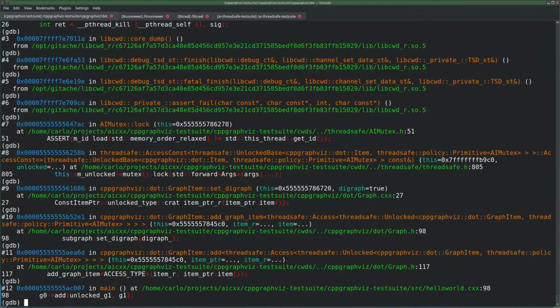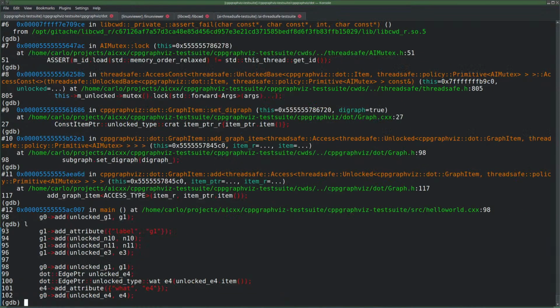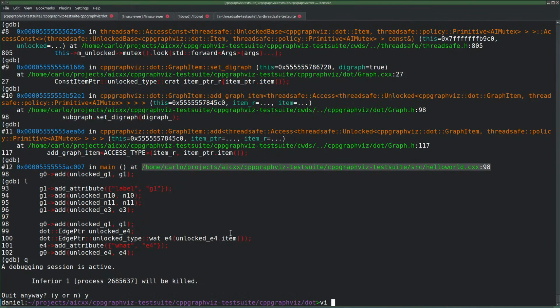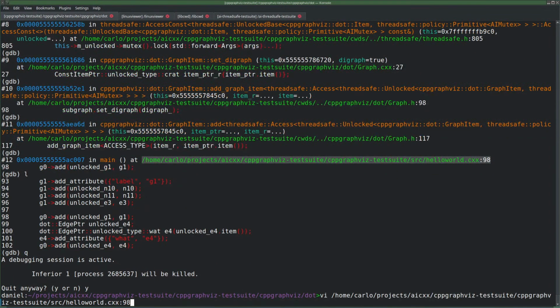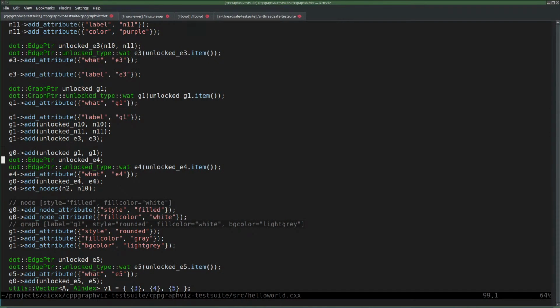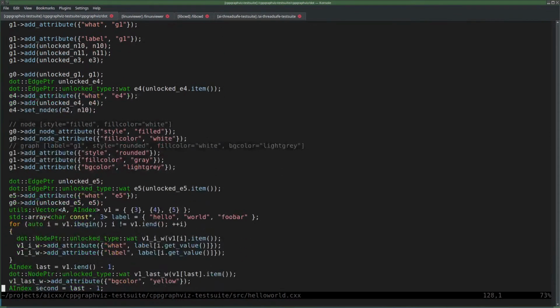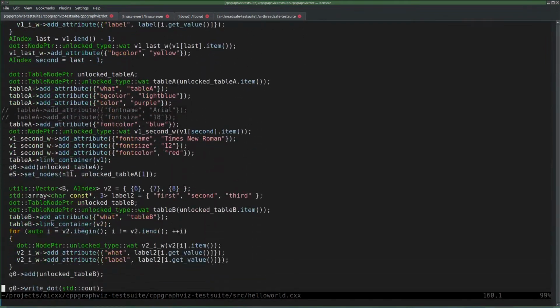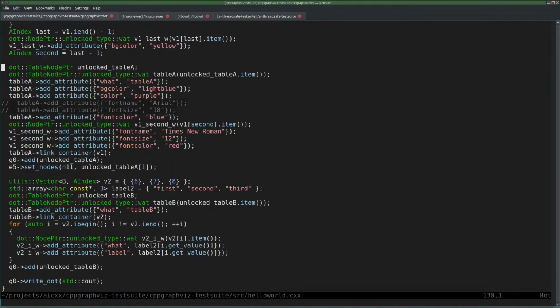adding a subgraph that already has something in it. That's exactly what it is doing here. G1 has something in it, multiple things, and I'm adding this graph to that graph and then it deadlocks. That's what we see happening here, and that's working till line 98. So we are halfway, maybe. Oh no, lots of deadlocks to go.